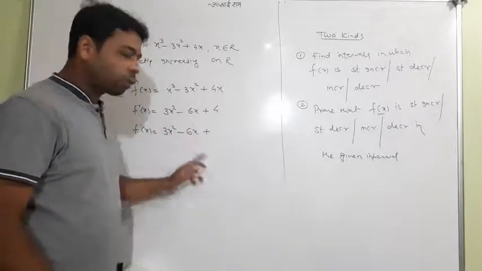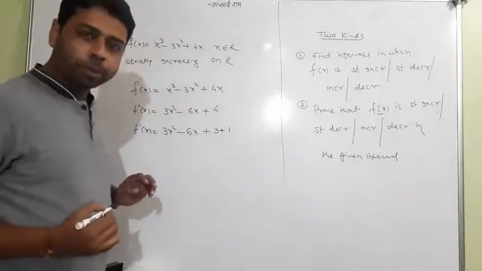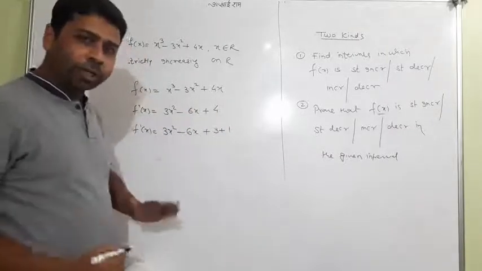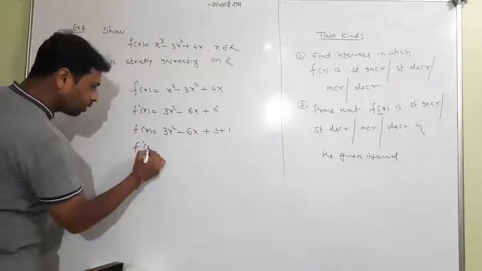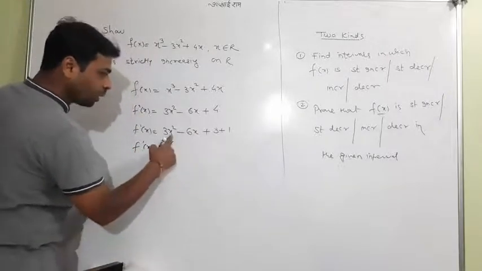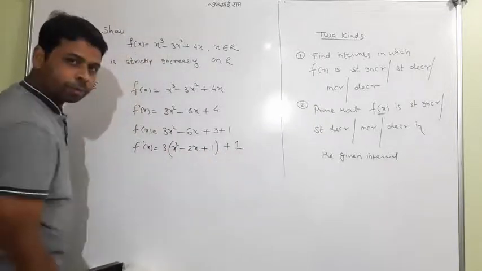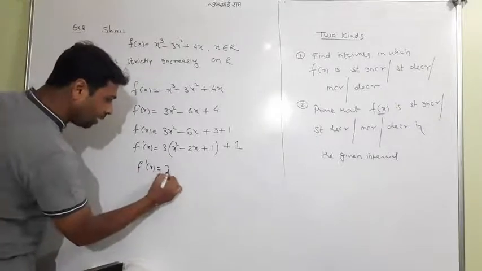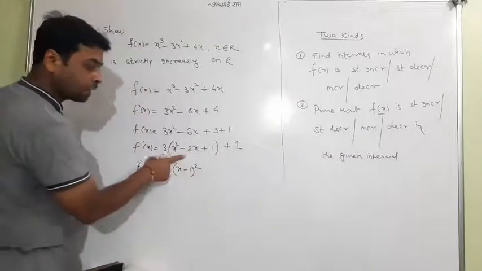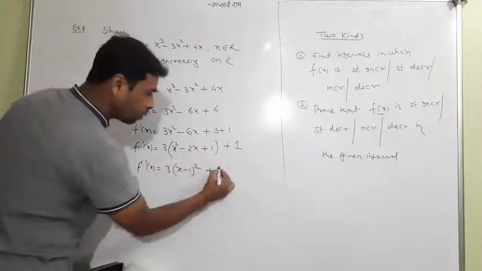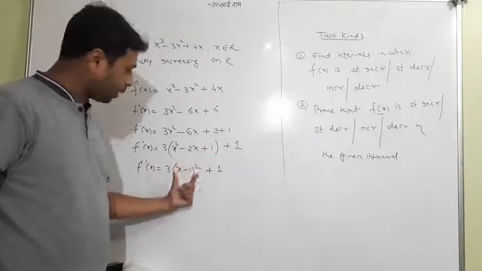Look at 3x square minus 6x, already written. This is a 4. I am intentionally writing it as 3 plus 1. When you go ahead, you will come to know why I have done like that. Now, students, take out 3 common from the first 3 terms. x square will remain, 2x will be here, 1 will be here, and 1 is remaining here. Now, very interesting: f dash x has come as 3 times x square minus 2x plus 1, plus 1. x square minus 2x plus 1 may be written as x minus 1 whole square, using a minus b whole square expanded. When you expand x minus 1 square, you will get the same. So I have written x minus 1 whole square instead.